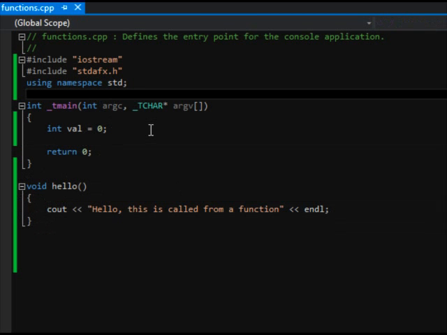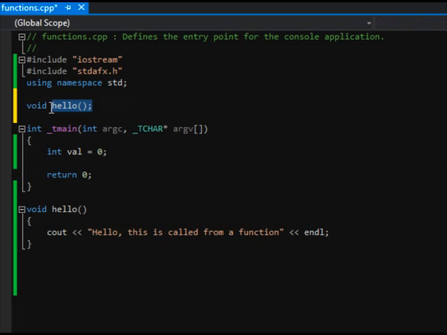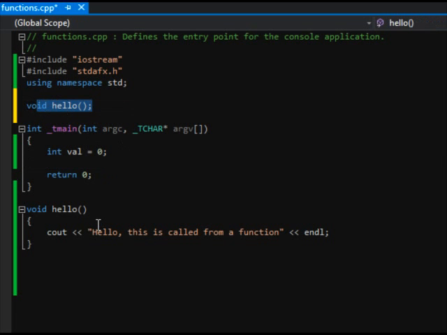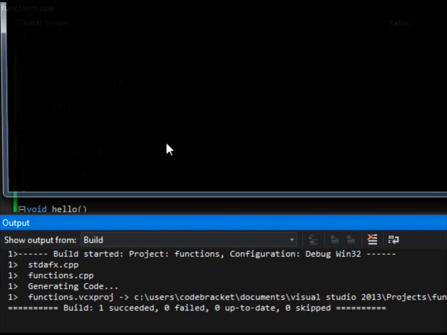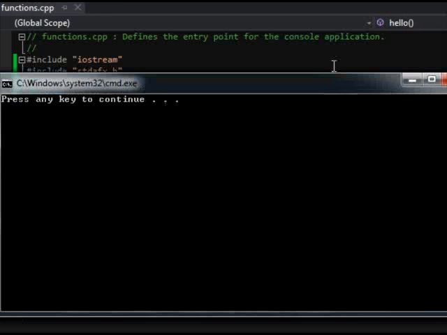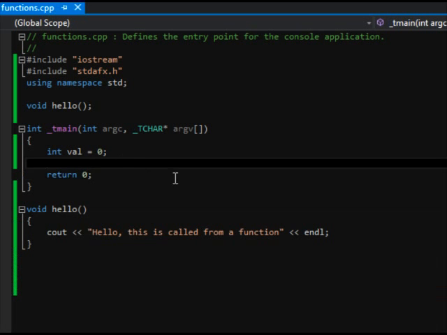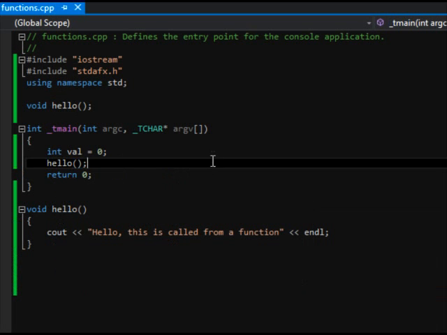And in C++, you actually have to predefine them. So let's predefine it. I'm going to say void hello, because I have to let it know that I'm declaring this method, this function. And then let's just run it here really quick. Or well, I have to call it. That's a big deal. Let's call our hello method and see. There we go.